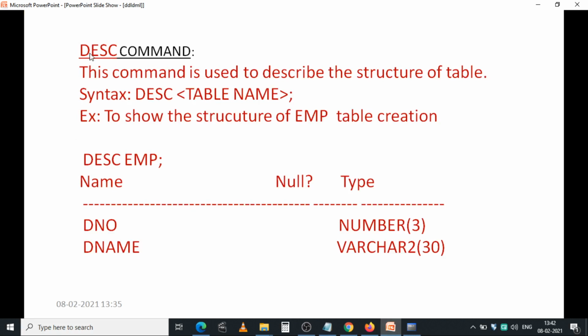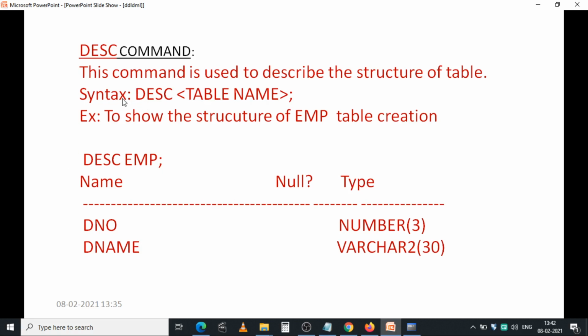Next, see this DESC command. So what is the DESC command? DESC means the describe command. This command is used to describe the structure of an already existing table. After creation of a table, or after doing any modifications on the structure of the table, in order to view the structure of the table, you can use this command.